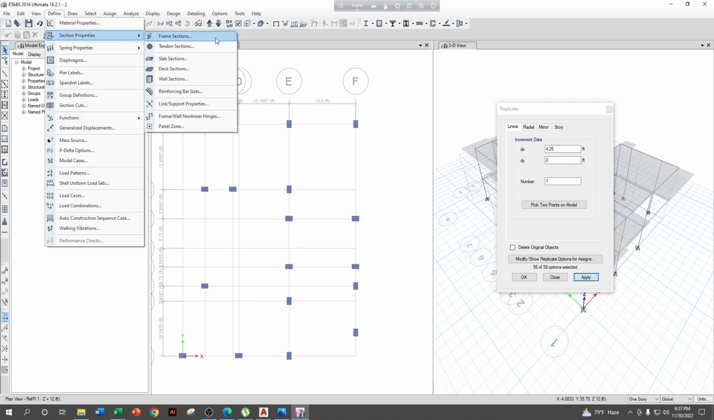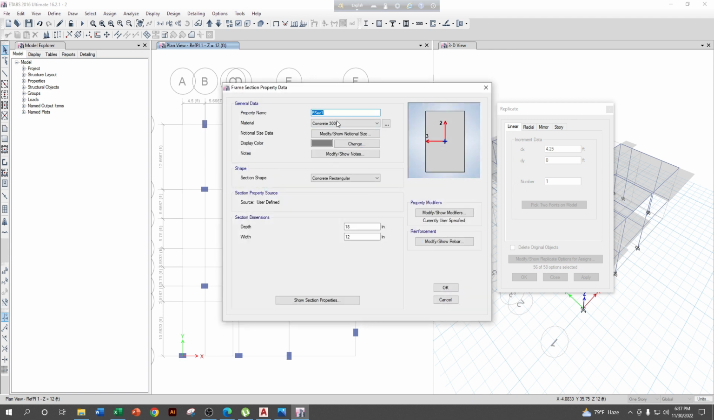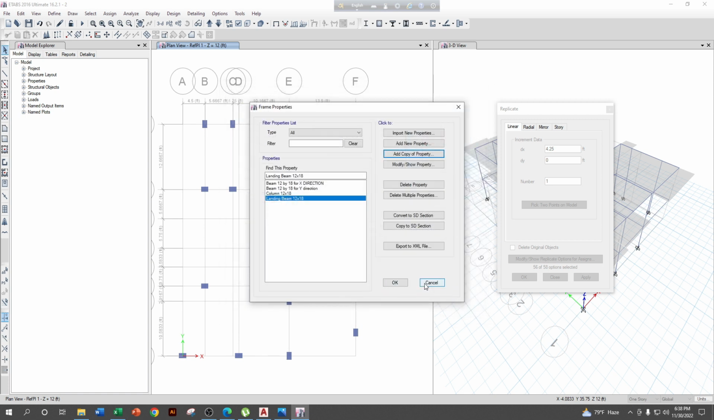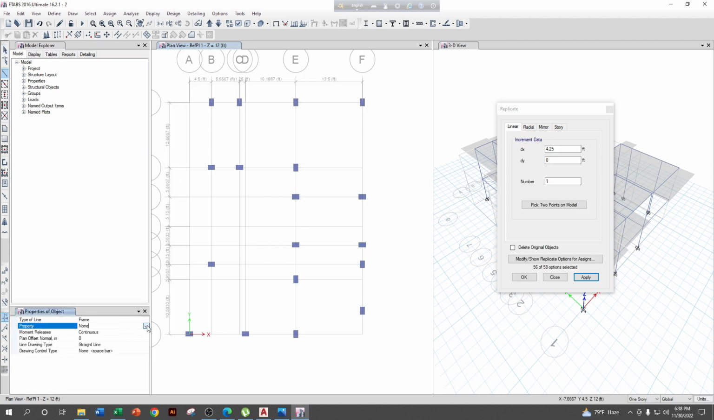So let's go to define section property frame section. Take this one as 12/18 section. So add copy of property, or we may try with 12/15 landing beam. I will go for 12/18. So 12/18, all is okay here. Just model a beam here, but be careful,